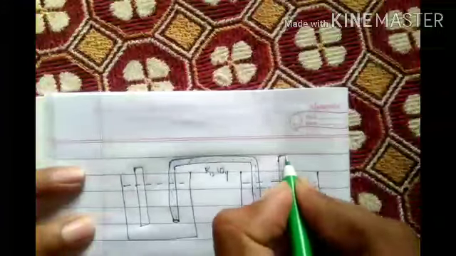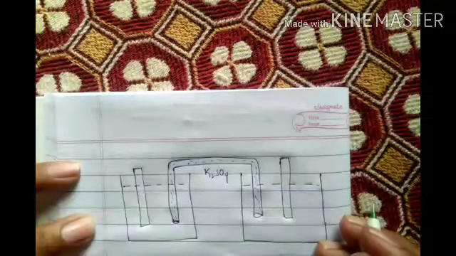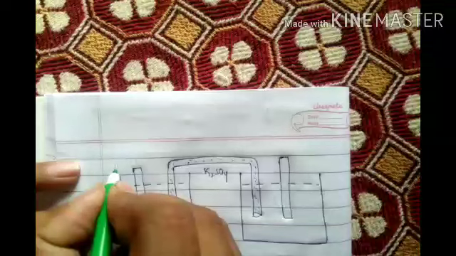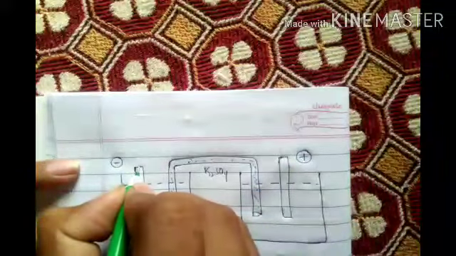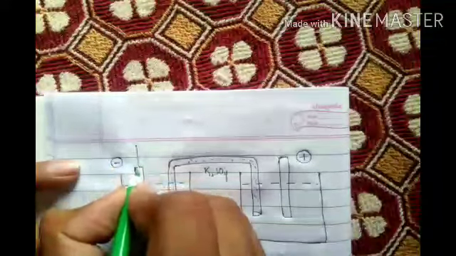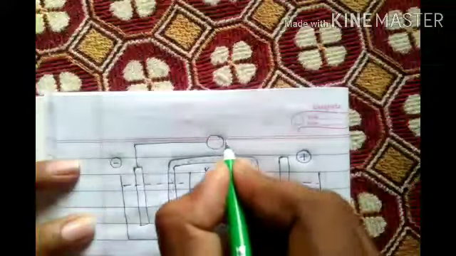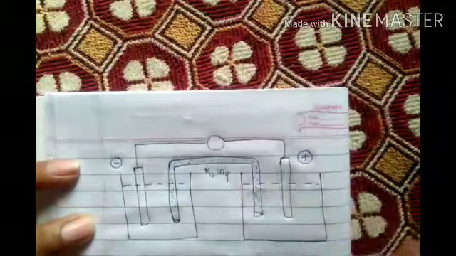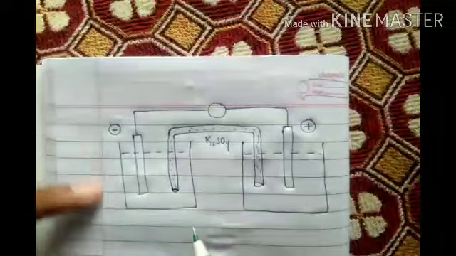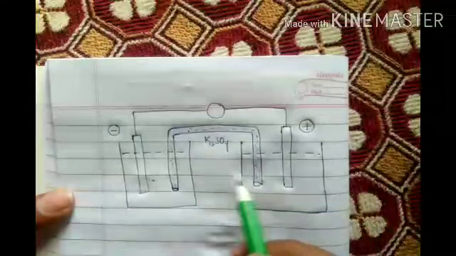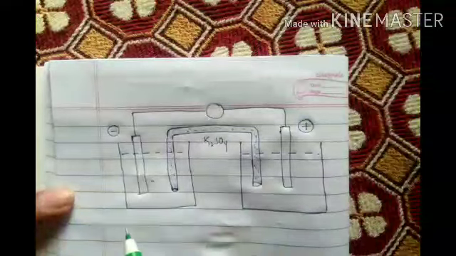In this solution one electrode. Most of the times we have to take negative and positive, and this one we give to an ammeter. From this cell onwards, how much electricity is transferring, we measure it for finding purpose.